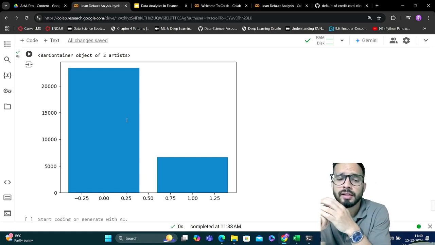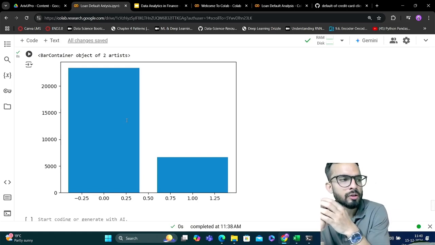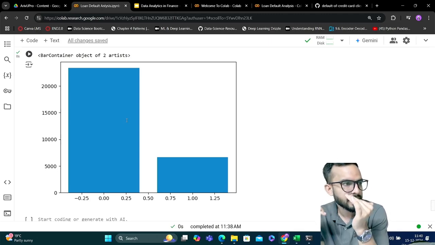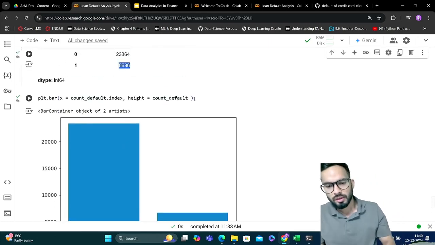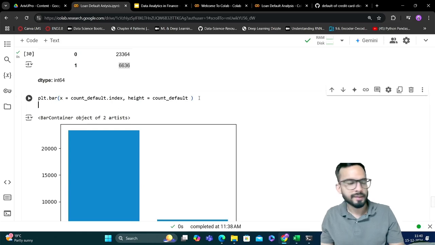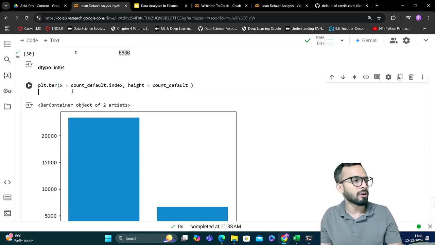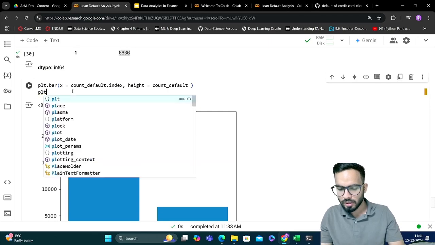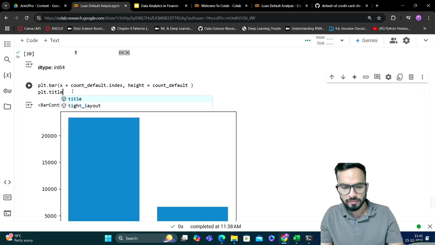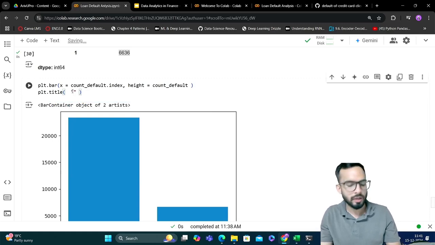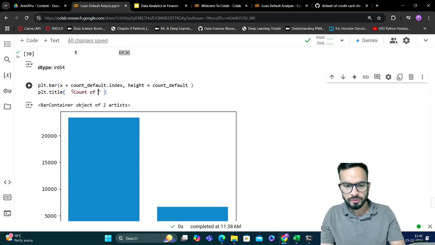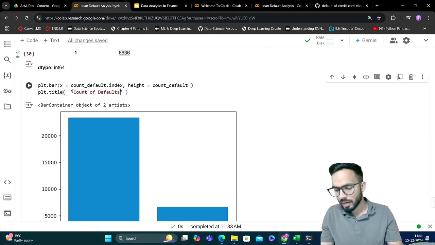So when you are making a visualization, you have to include all this in your graph. You should give a proper x-axis label, y-axis label, and what is on the y-axis. You should give a title to your graph, right? So here, how do we do that? If you want to write a title, in the same block of code, we will write plt.title. And in the brackets, in the quotes, we will write a title. Okay. So we'll say count of defaults. Okay. And when you execute this,